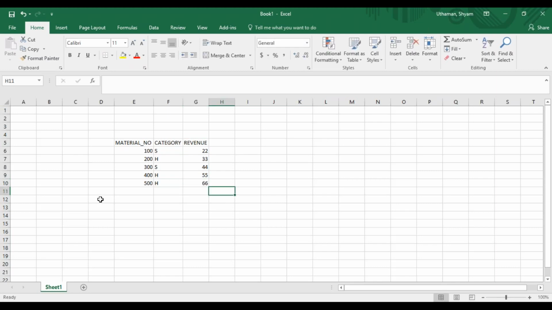Now, how would a row store this? This would be stored as 100, S, 22, then 200, H, 33, and so on. You get the point, right? So this is the row store. How would the column store this?